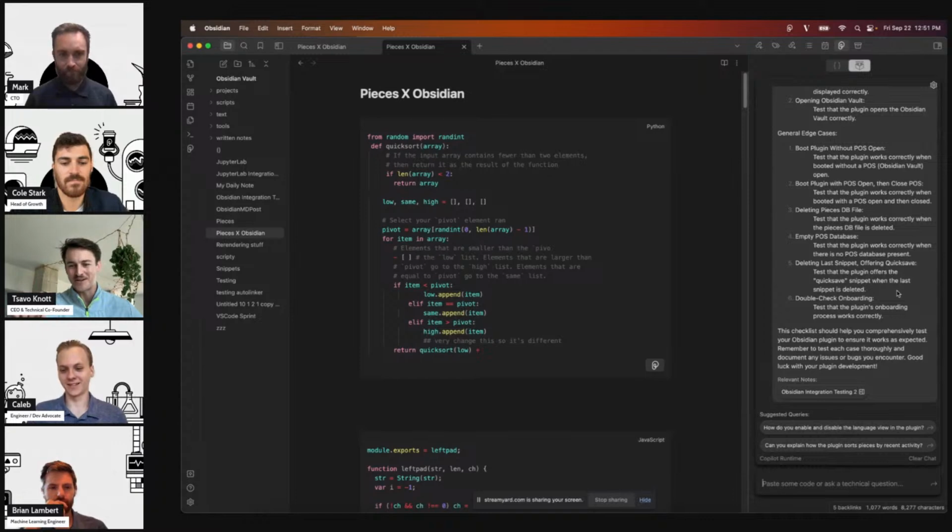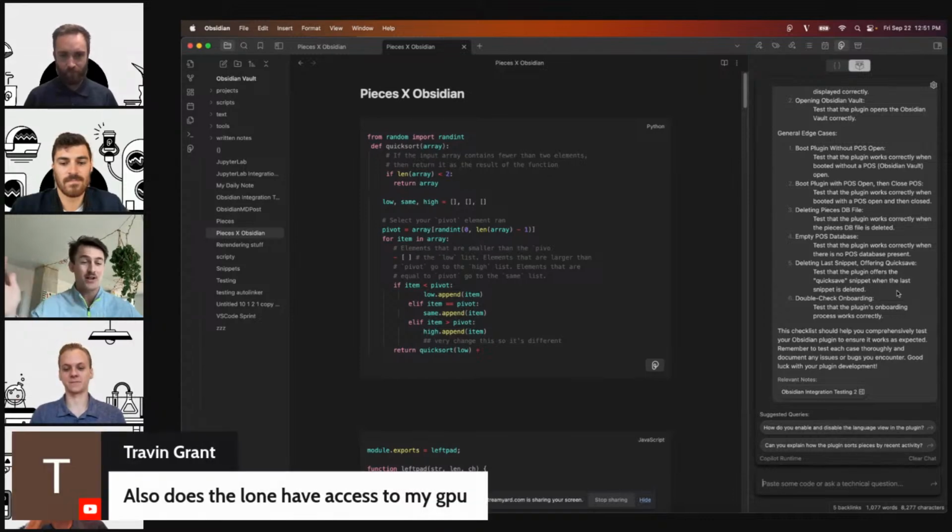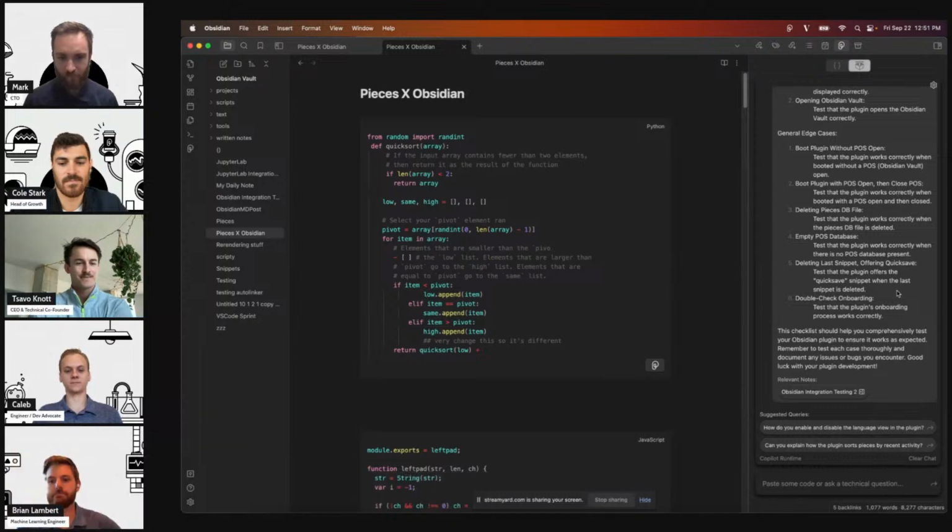I saw the follow-ups here as well. GPU, CPU, it is available for both. So you can go ahead and switch between whatever you'd like to use. And I can expand on that just a bit. I'm not sure what platform you're on, Travin, but if you're on Mac, we utilize the Apple Metal shaders. That's how we accelerate on the GPU. And then if you're on Linux or Windows, we utilize the Vulkan SDK, which allows us to access either an